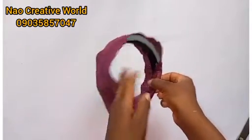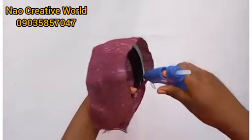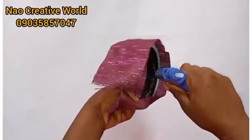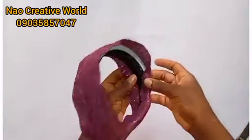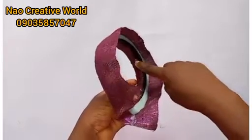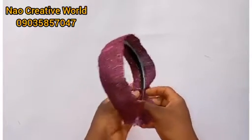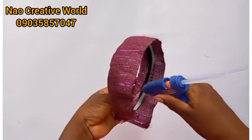Basically what I'll be doing at this point is to apply glue, and after applying glue, I will just fold the fabric. And as you can see on the screen, I've been able to fold in this part of the fabric. Now I'm going to apply glue, and after applying my glue, I will continue with